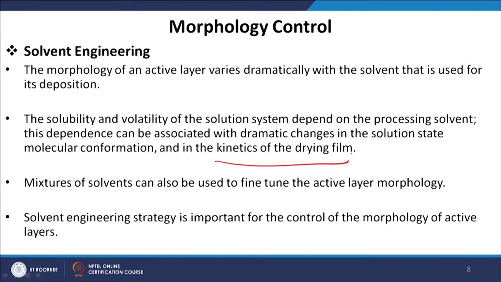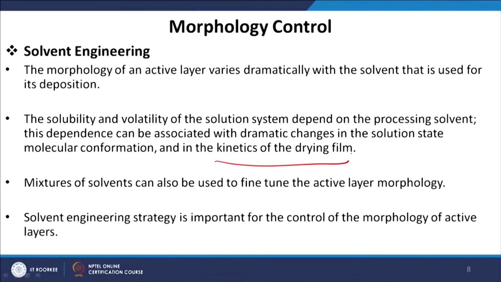Let us say I have a P3HT polymer and I am spin coating this polymer from chloroform solvent, and in another case I am spin coating it from dichlorobenzene solvent. Now, chloroform has a low boiling point, 65 degrees Celsius. So, at some temperature it will start evaporating. Now, the way the P3HT film will dry, if I use chloroform as a solvent and if I use dichlorobenzene as a solvent, will be way different. So, that is why the kinetics of the drying films will be different, and if that kinetics is different, then the way the polymer chains will be packed will also be different. That means the morphology will also be different.